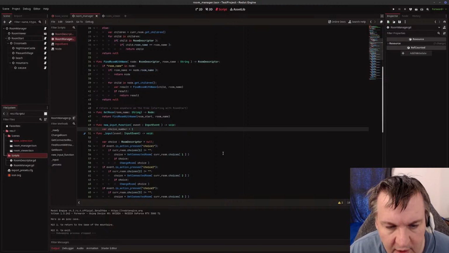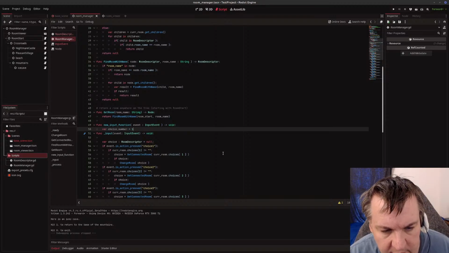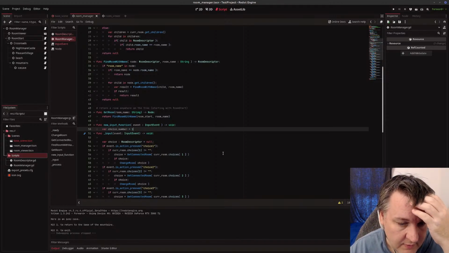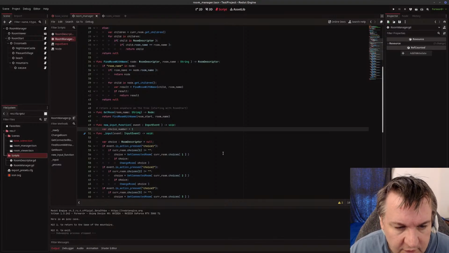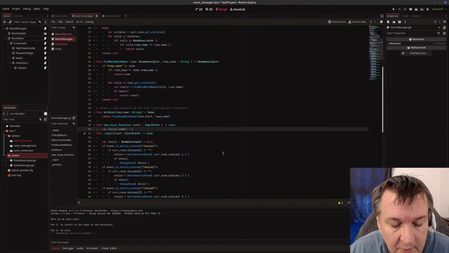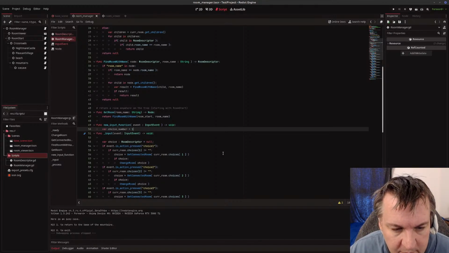We'll do it 1 through 9, and then we'll set choice number to 0. Right. We won't do a bunch of if then statements, but we will do